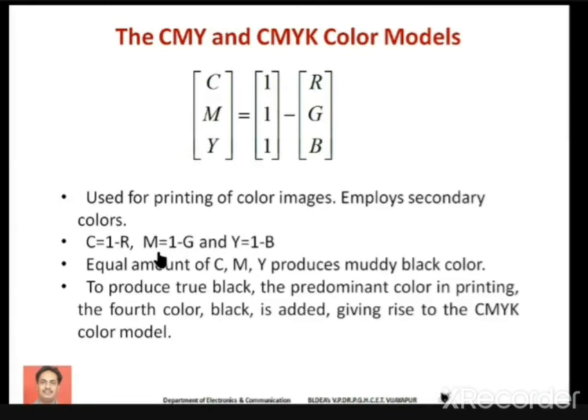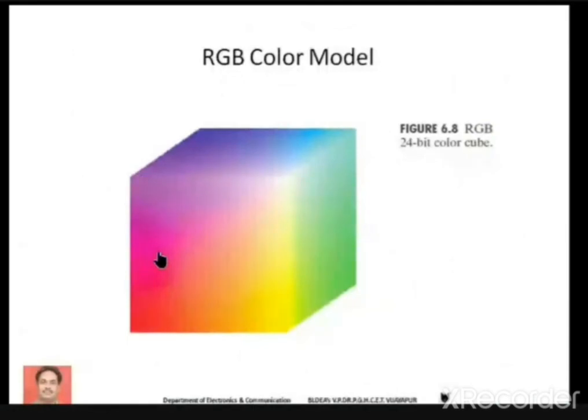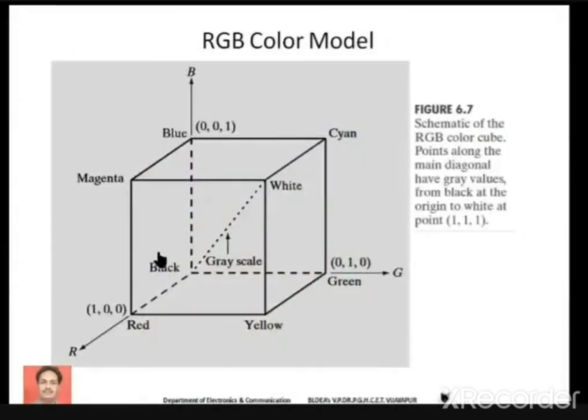So it is also called the four color printing or four color model. Okay, students, this is all about the RGB color model and the CMY color model. Just I'm going to repeat the things. RGB color model: what are the points to be written in the exam if the question is asked? You have to draw this diagram. You have to draw this RGB cube, and you have to write point wise.